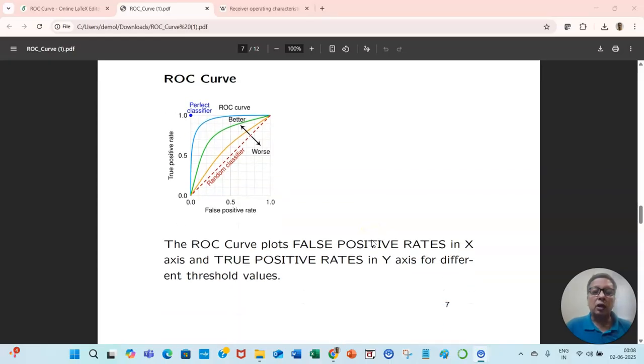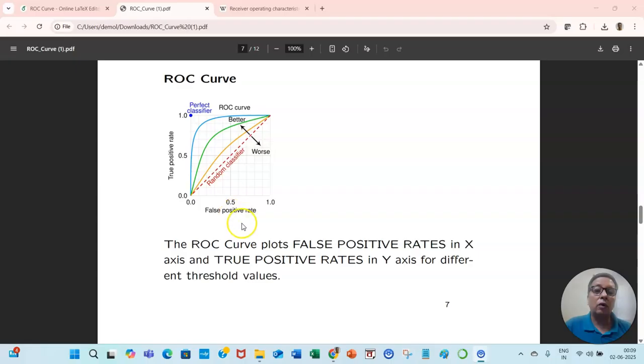So we draw the ROC curve. The ROC curve plots false positive rates on the x-axis and true positive rates on the y-axis for different threshold values. And this dashed line is the random classifier, where predicting being correct or wrong is 50% both ways, and these are the ROC curves where